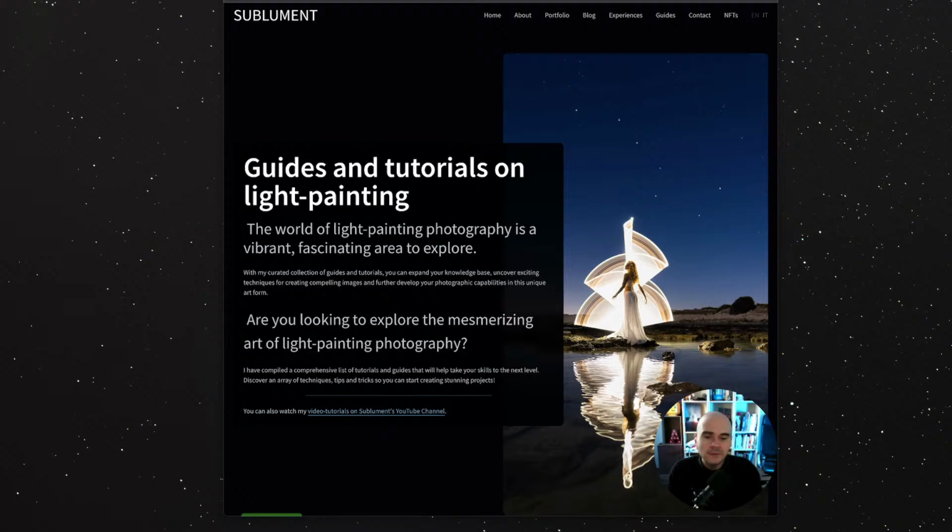Okay, where can we start? We could start talking about the basics of light painting. You know, if you are a beginner, maybe some passages are not clear, some steps are not clear. If you are an expert, okay, you already know what long exposure is. I must admit, sometimes I don't go deeper in some aspects of light painting because